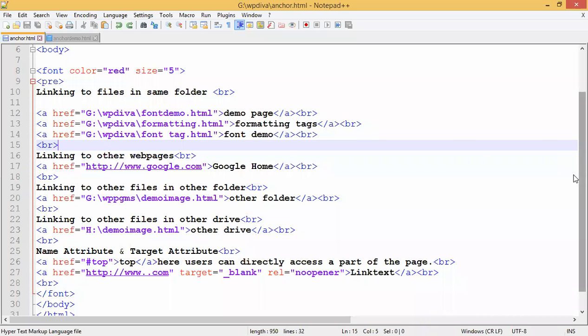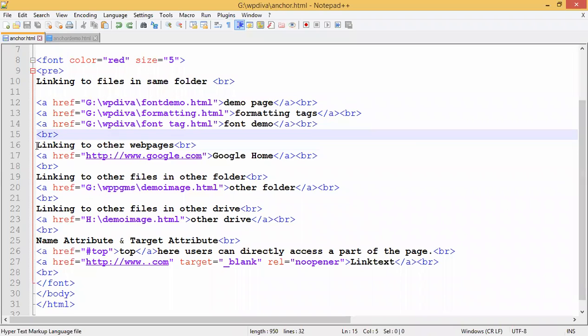Now let me tell you the next thing, how to link to other web pages. How to directly link a web page. For example, if I directly want to open Google through my program, how am I going to open Google directly through my program? You just have to take the address of Google. a href is equal to, here you have to take the address of Google, that is